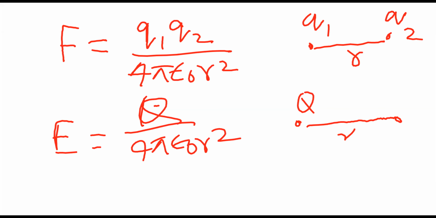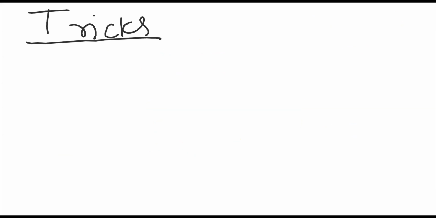Okay everyone, so this is the formula we understood last class. Here it is Q, that is your R. Now everyone check, I'll send one PDF, but before that just understand one trick. Today let me tell some trick. So what is the trick? It is about the equilibrium condition.